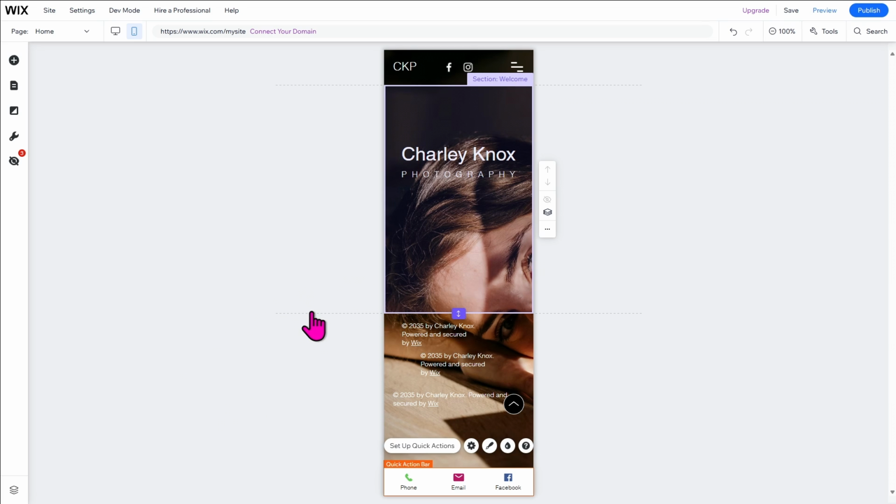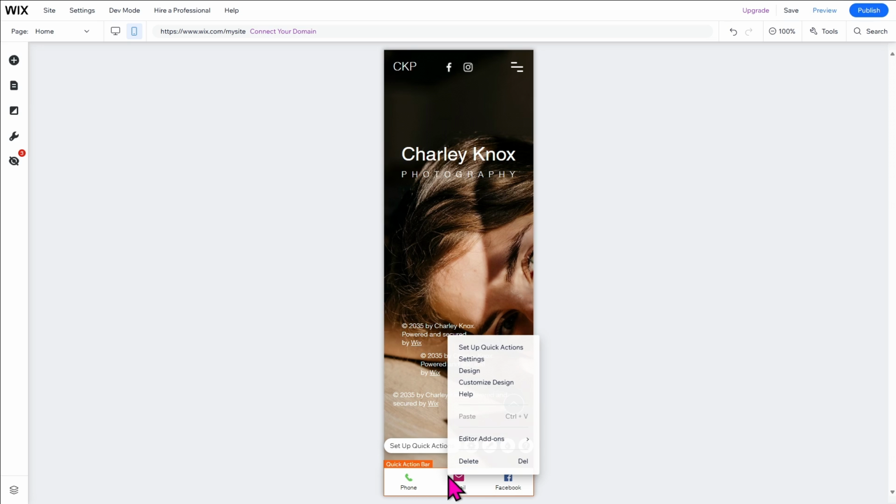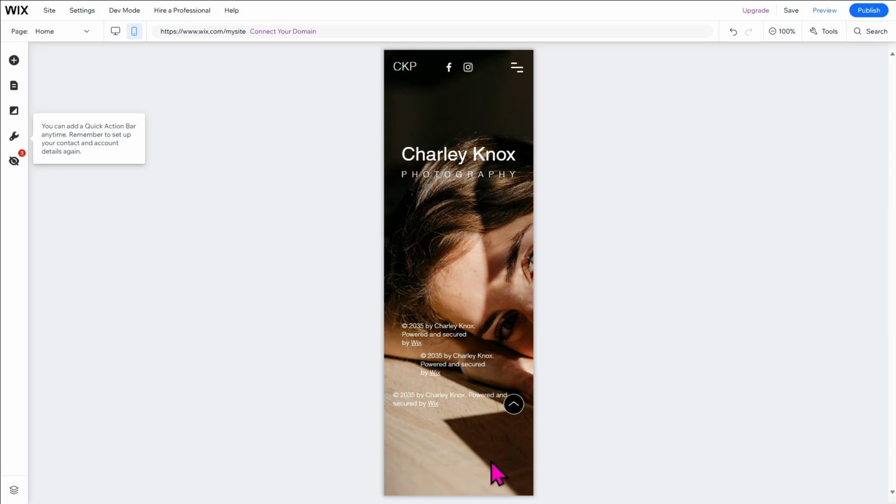Now to delete it, you can just easily click on it. Make sure that it is highlighted. Right click. And as you can see here, either you press delete on your keyboard or just click on delete right here. That's basically how you do it. That's how you remove the quick action bar